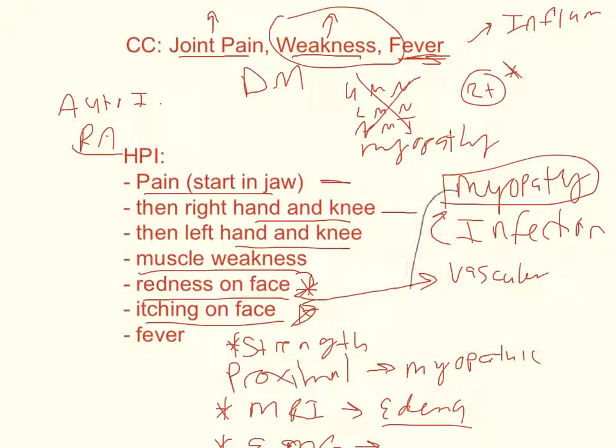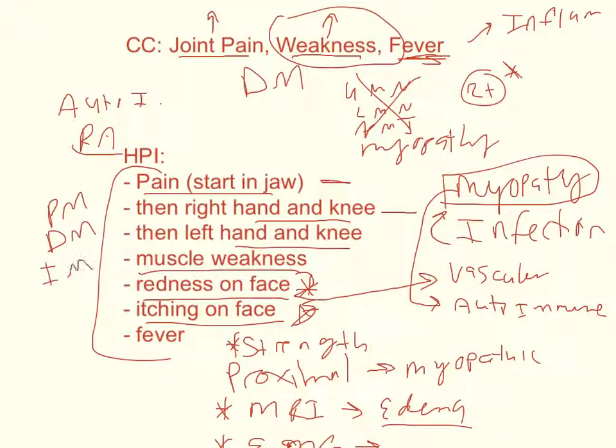And within these myopathies, I think a strong consideration is autoimmune, and that's also going to go with her family history, which I didn't go over, but she has a family history of autoimmune diseases. And at this point, just from a history and physical exam, we should have polymyositis, dermatomyositis, or inclusion body myositis high on our differential. It shouldn't probably be at the top yet, but it should be very high on the differential diagnosis. The fact that she has a rash with itching on her face would put dermatomyositis at the top of this